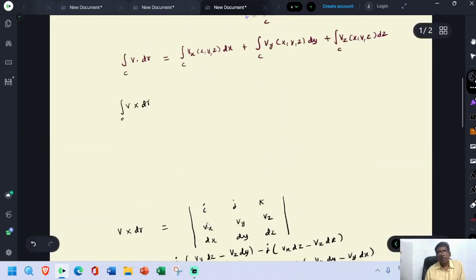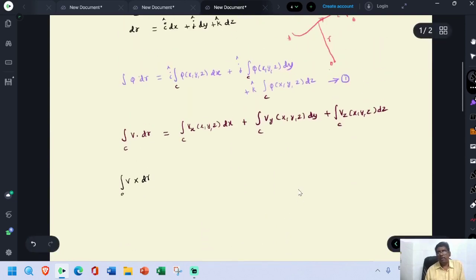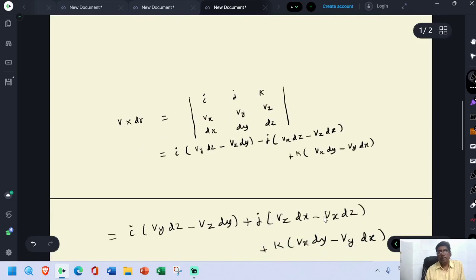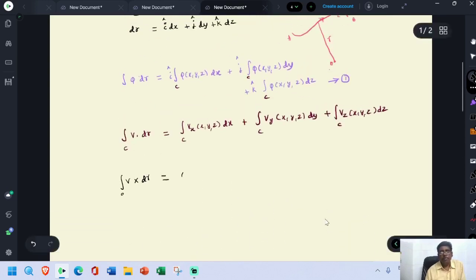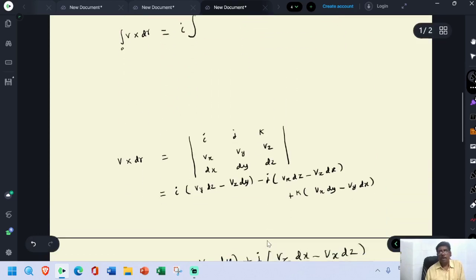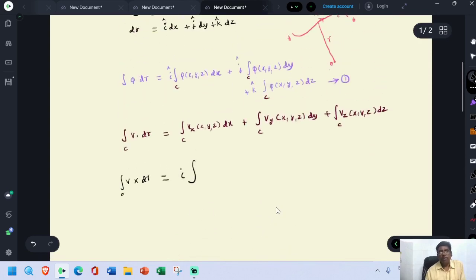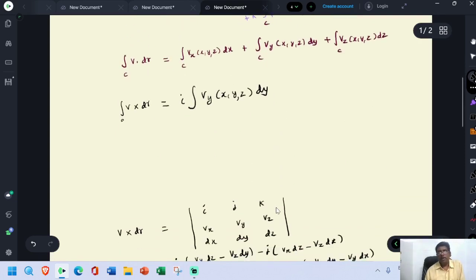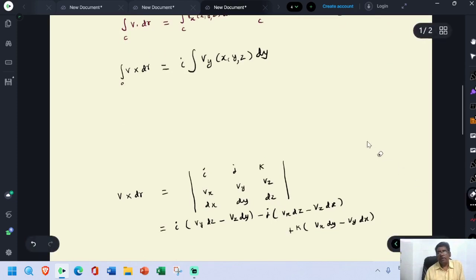Now I have to substitute this here. v cross dr, which is equal to integral i into integral vy of x, y, z into dz minus vz of x, y, z into dy, plus